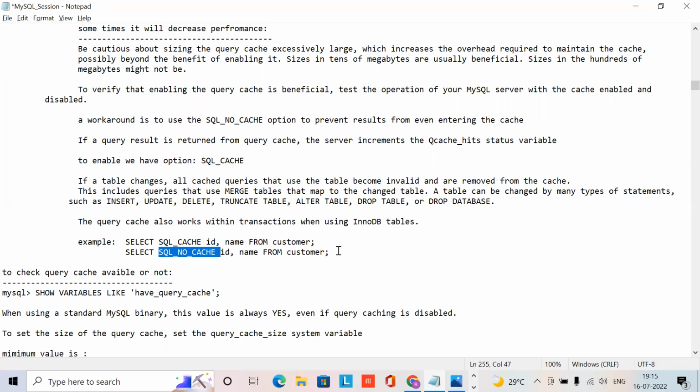So in total there are 3 layers. One is instance level, you can disable it. Session level, you can disable it. With the query itself, you can disable it by using no cache. Okay. Now see here, how can I check whether query cache is available or not? Whether query cache is already available or not, how will you check it? You need to run this one. So, variables like